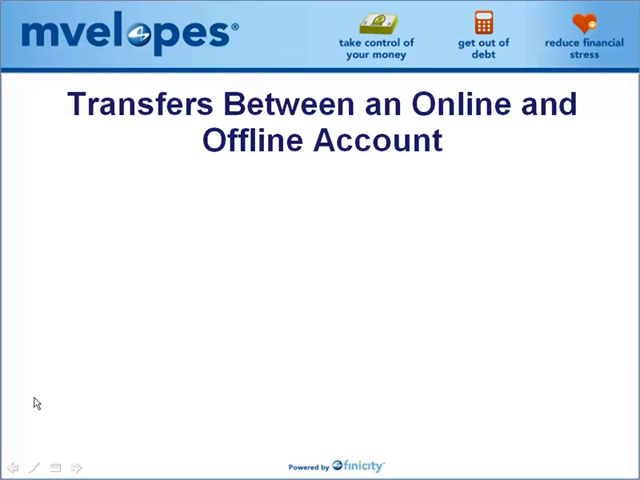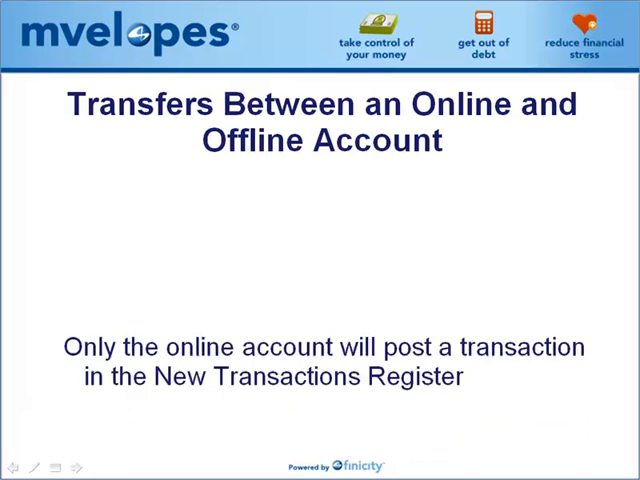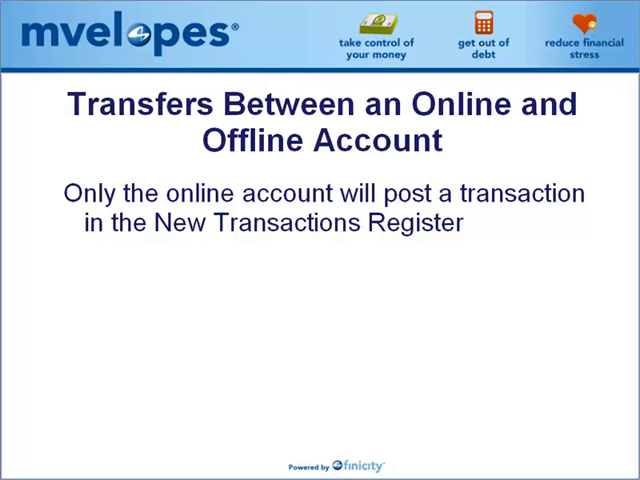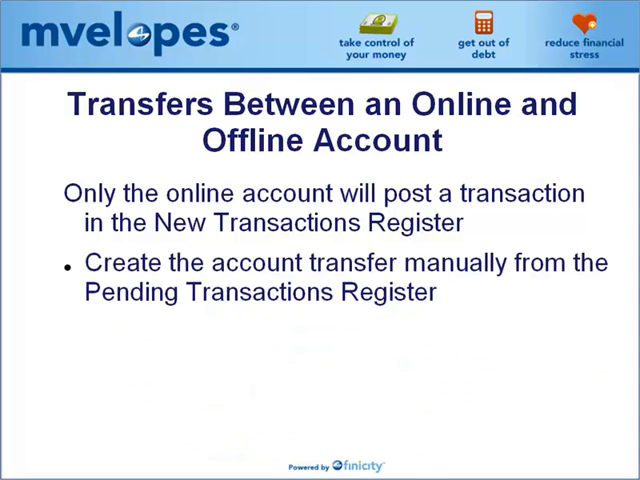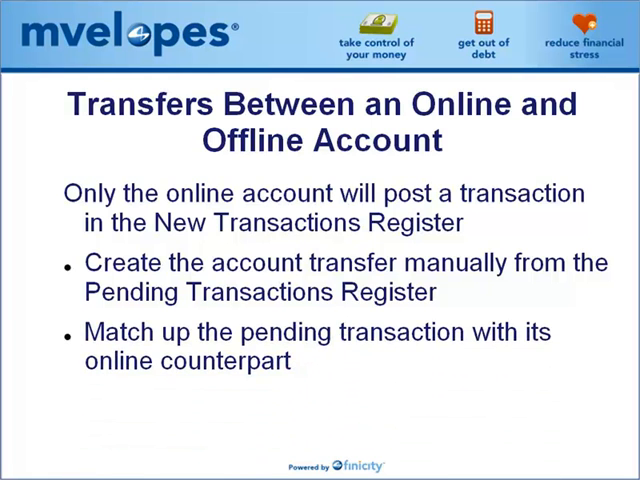Transferring funds from an online account to an offline account is sometimes required if you're managing cash in envelopes or other offline deposit accounts. In this situation, you'll only receive either a payment or a deposit from the online account in your new transactions register. Since an offline account will never receive transactions on its own, we need to create the transfer manually from the pending transactions register. Once we create the transfer manually, the system will create a matching transaction for us in the pending transactions register